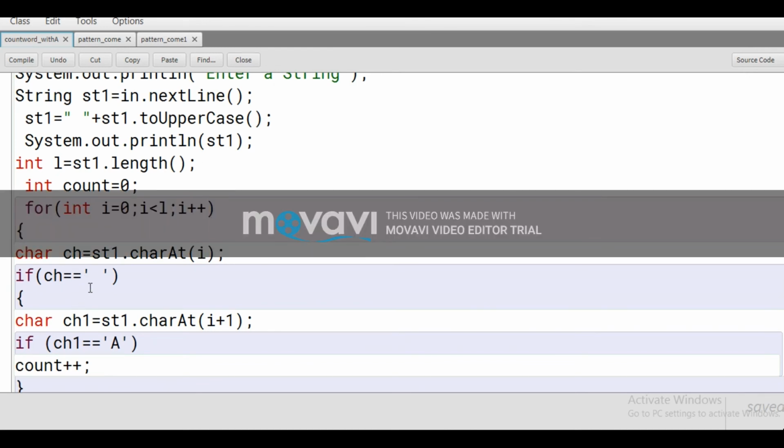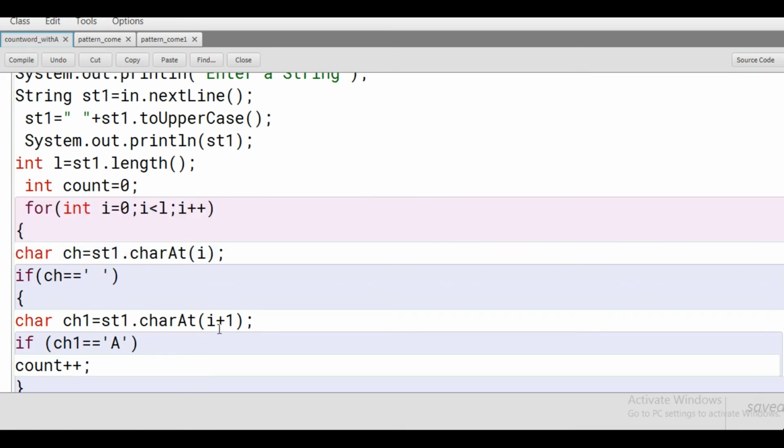Wherever it finds a space, from that position it will add 1 to that position. If after the space it gets the character A,